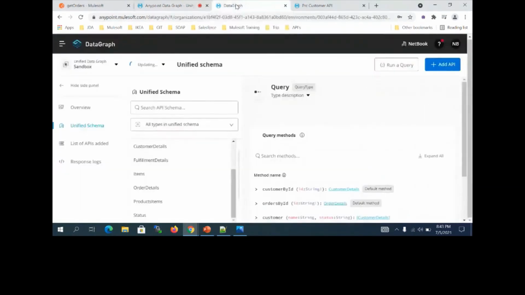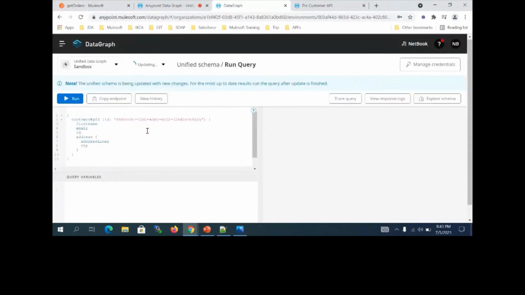But actually, when you are going to execute and run this query, still it is going to take some time. So when you are going to query, you are not going to pass any authorization mechanism details over here, but in the query you are going to pass them, because as of now you can see you are passing only the ID over here. When I query the fulfillment details, it is going to allow three parameters, client ID and secret ID, that you are going to pass. In case we have configured basic authentication, username and password will go as parameters.